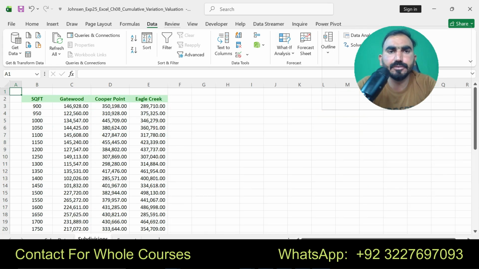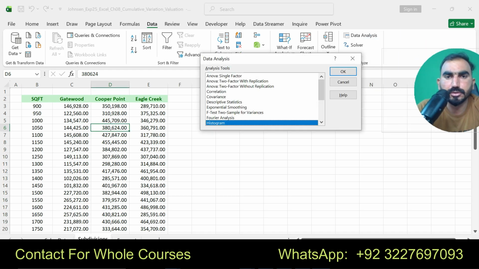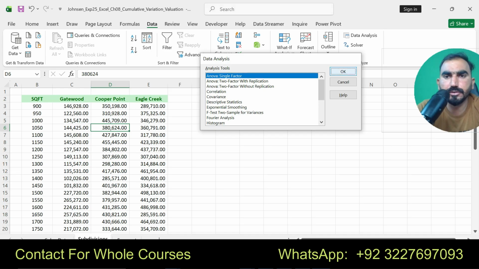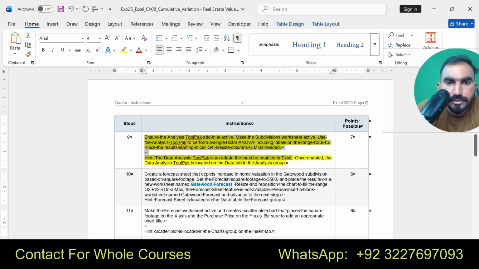Subdivision part 2 is active, and single factor ANOVA. Okay, the input range is: use the energy part in C2 to E35.